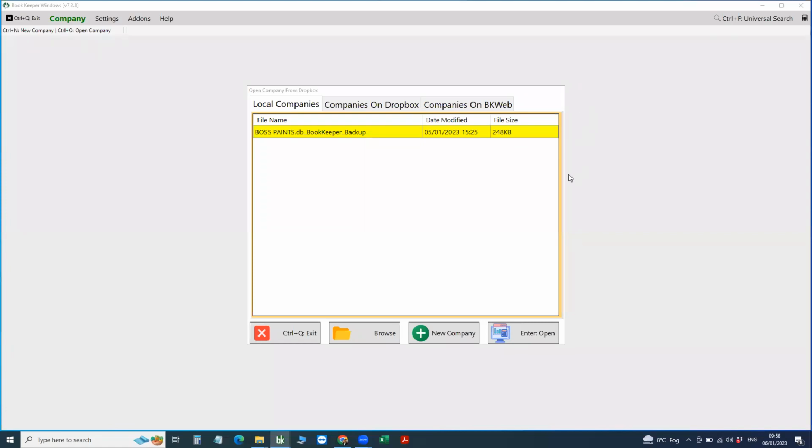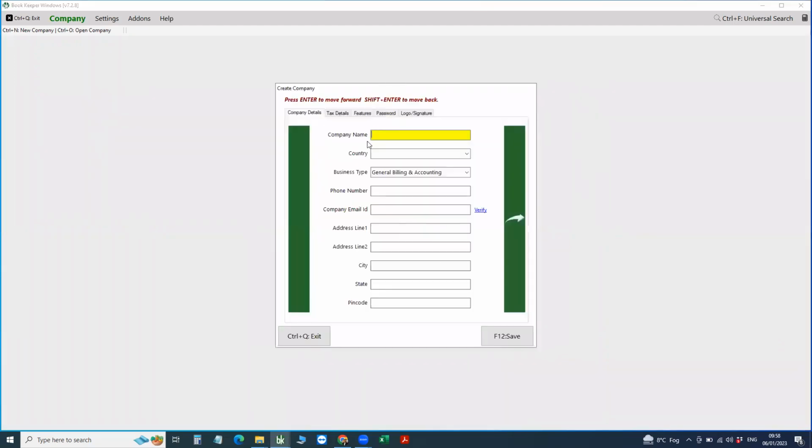Firstly, let's talk about the major update, which is Bookkeeper Web. How to create companies on web? Let's see. We can go to the New Company option and create a new company on BKWeb. You can add the company details as usual. Let's create a demo BKWeb company